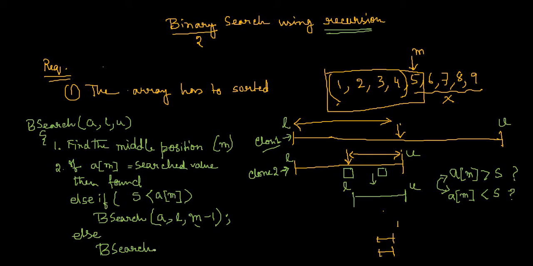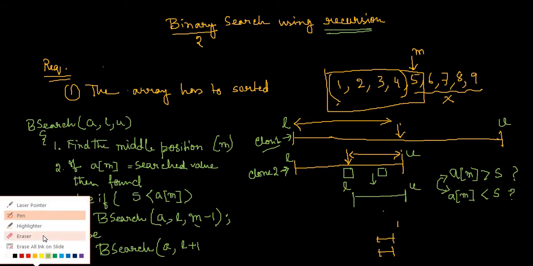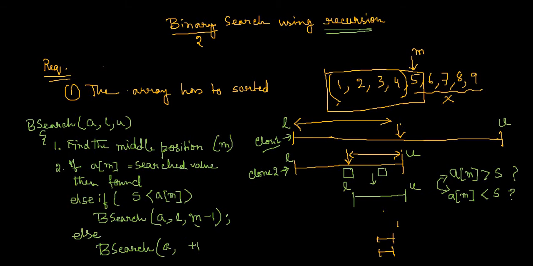Tell me what? A, comma L plus 1, comma M, what will it be? Yes, it will be A, comma L plus 1, because, sorry, not L plus 1, it should be M plus 1, comma U. Because now you are keeping U as it is, you are adjusting M plus 1, right? And that means this particular function call will basically call one more function, right? And in this way, you see, you are actually minimizing the whole search space.